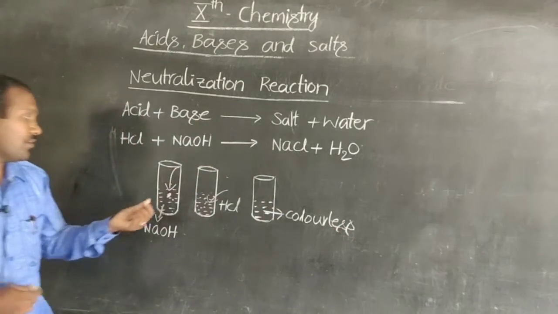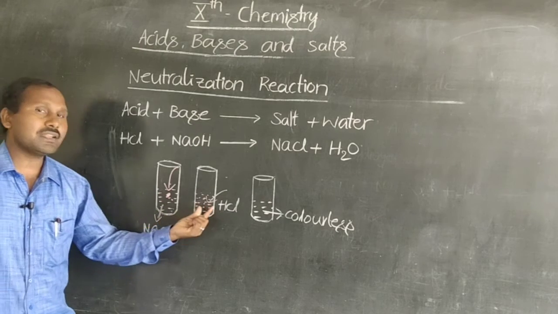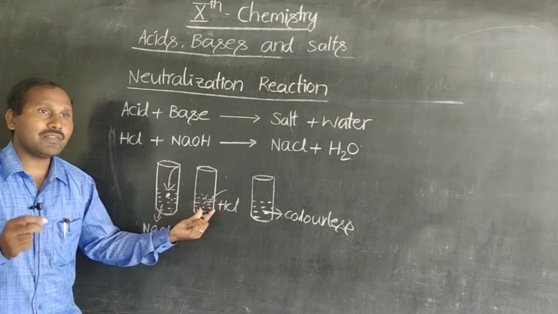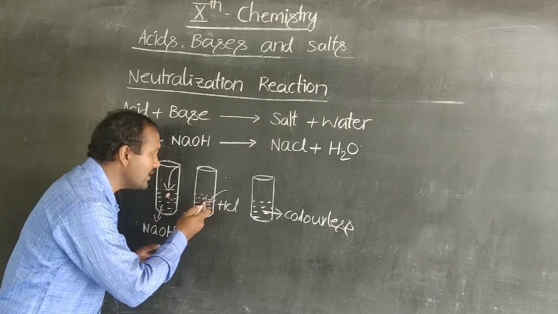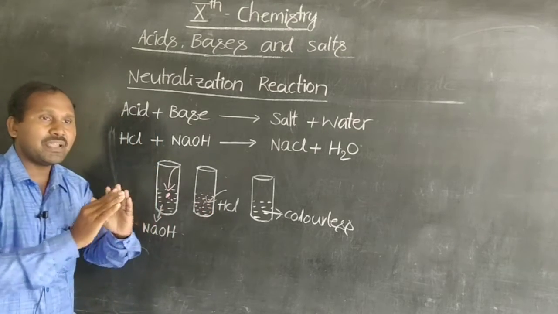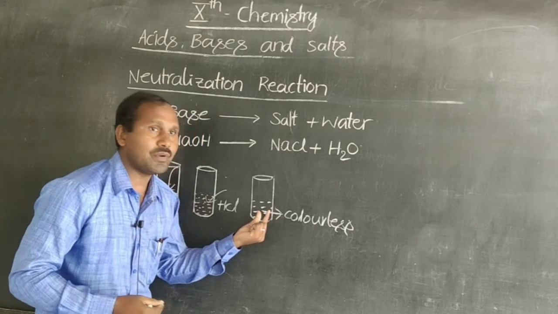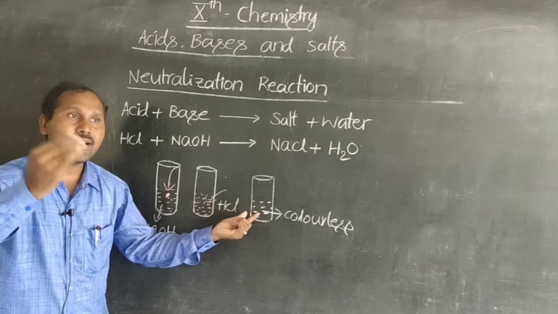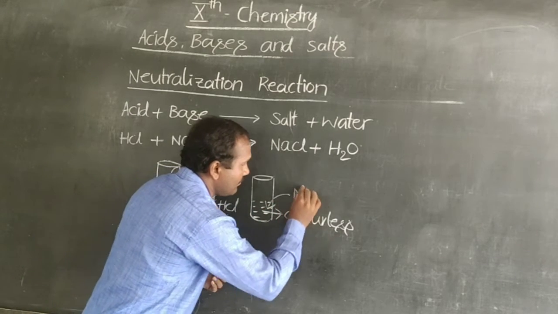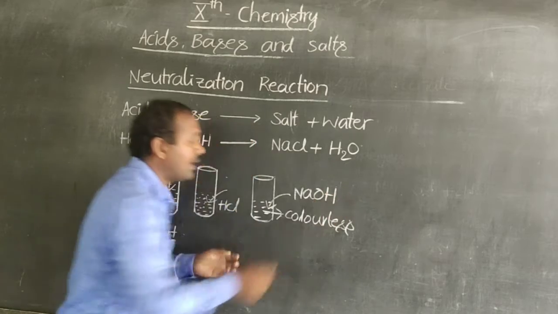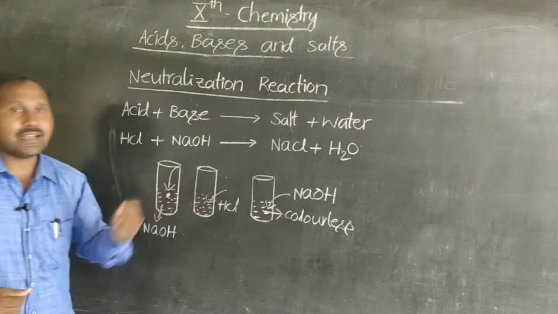So once again, when phenolphthalein is added to the basic substance, a pink solution is formed. When you add a small amount of HCl solution in the beaker, the pink color disappears and a colorless solution is formed. Again, when you add NaOH solution in the beaker, the pink color appears again in the test tube.